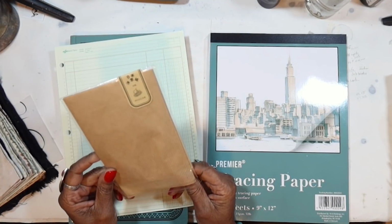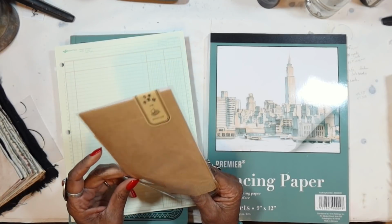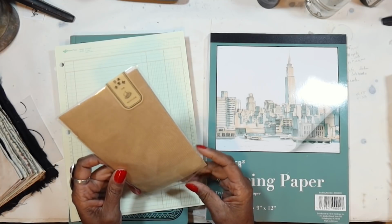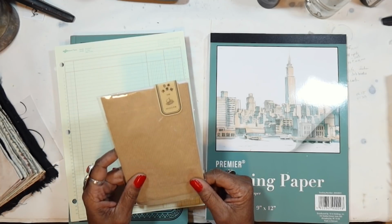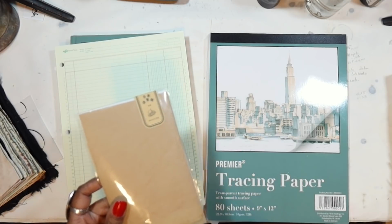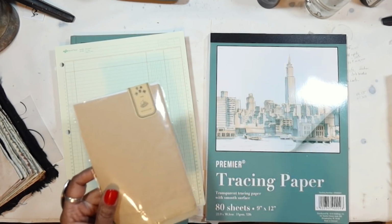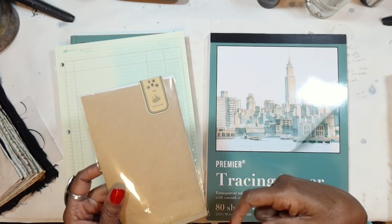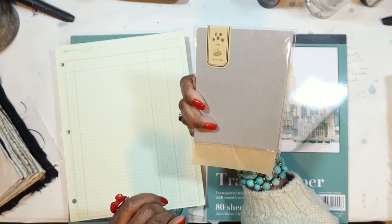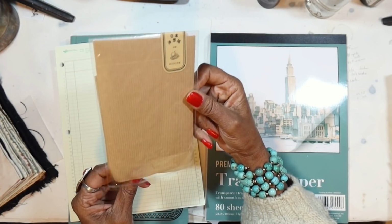I got it on AliExpress, and I've purchased it a couple of different times over the years, and I normally buy several packs at a time, but this is the hardest thing to go back and find. It seems like it's never in my saved purchases. If I purchased it a good while ago, they drop off or something. So I'm still going to try to track it down, and when I do, I will give you guys the link. If anybody happens to find it before I can,